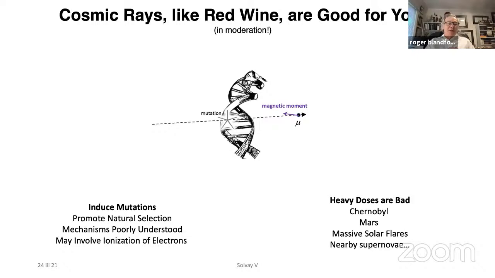Someone doing radiation therapy in a hospital understands it at a level that's perfectly adequate for the procedures they're administering. But at a very fundamental level, where one can explore the influence of this physical polarization, I think these are rather poorly understood. The connection between an interaction between a molecule and, say, a muon or an electron, and how that ultimately gets translated into natural selection is not at all understood. And we can use the proxy of being able to ionize an electron.